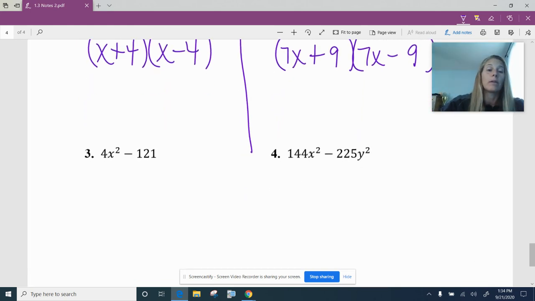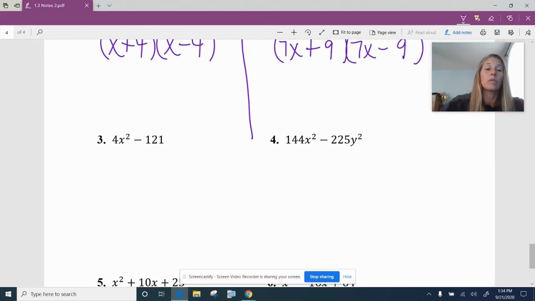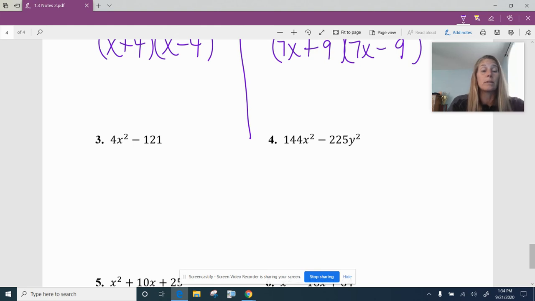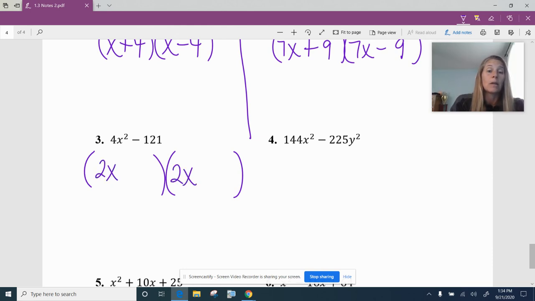Okay, number 3. Now, number 3, there's numbers in both of these, so you might try finding a GCF, but 121 is not divisible by 4 or 2, so there isn't one. So then we can go right to our pattern. 4x squared is achieved by doing 2x times 2x. The square root of 121 is 11, and then you need your opposite signs. Okay, now when we get to number 4, it's a little bit trickier